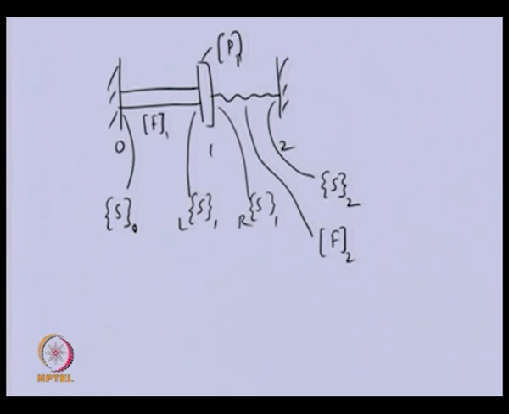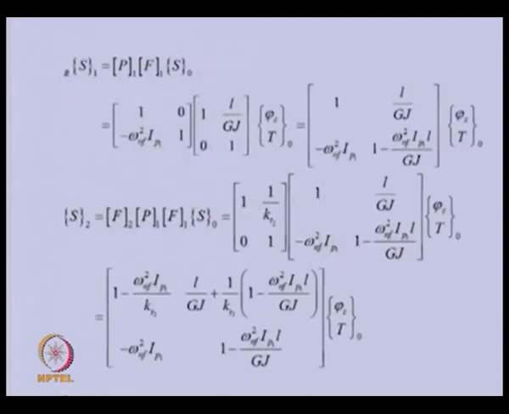We need to relate all these state vectors. Station 0 and right of disk 1 can be related by the multiplication of the field matrix and point matrix, and if we multiply this,